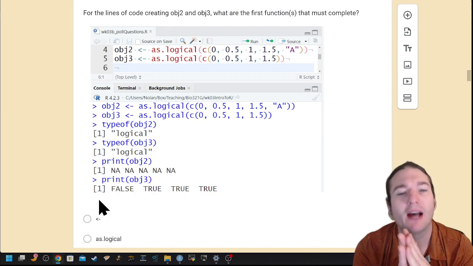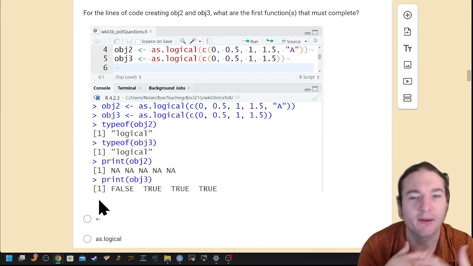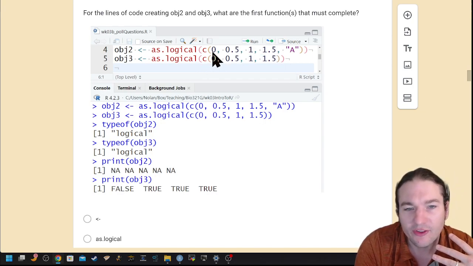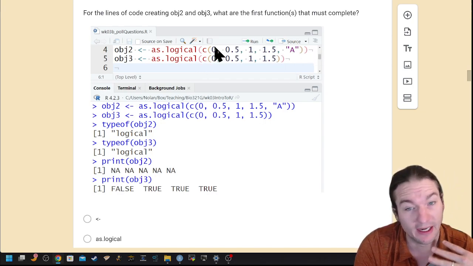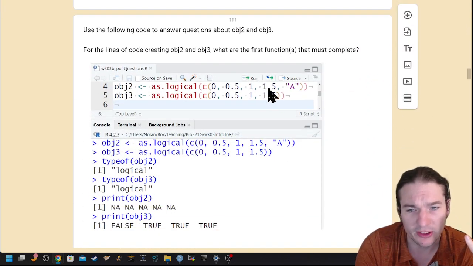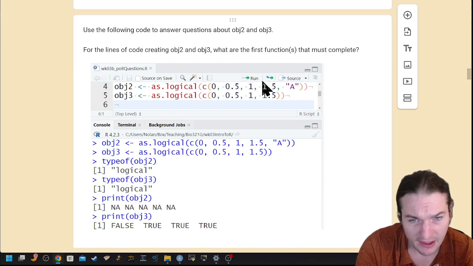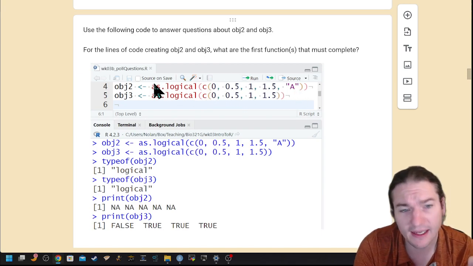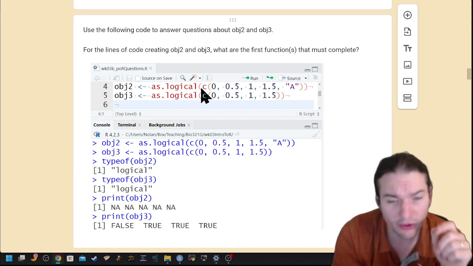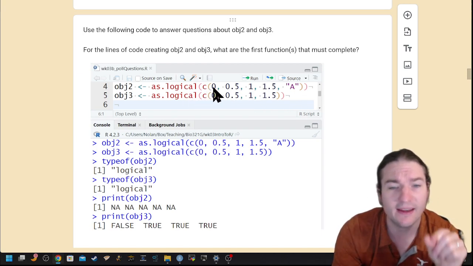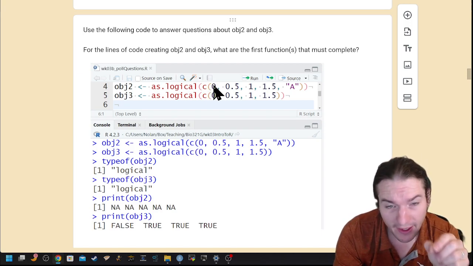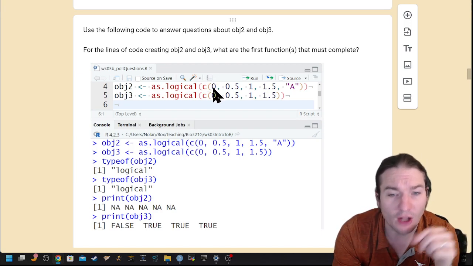This next one has you take that same concept and apply it in a more advanced way. In this case, all of these have to become a character. We've already established that. It was a very similar example. All of these have to become an A. Then it tries to convert them into a logical vector, but it turns out that it can't take the 0 character and turn it into a logical vector.